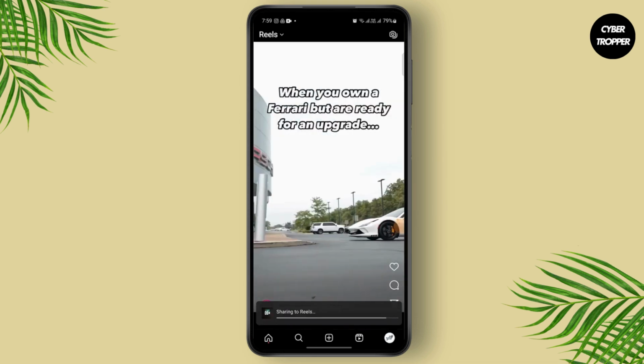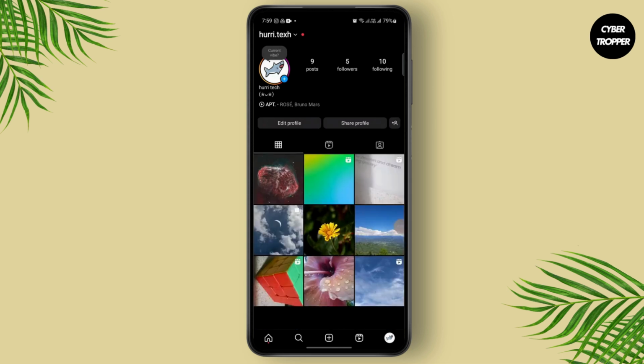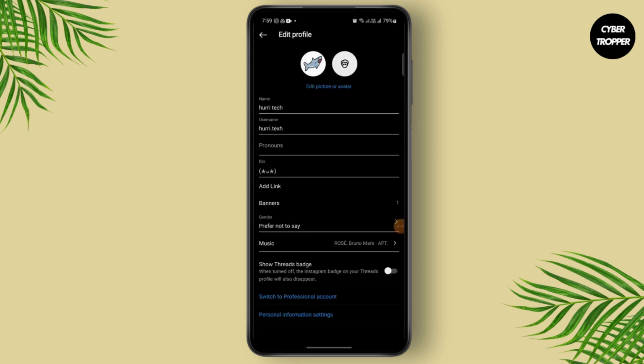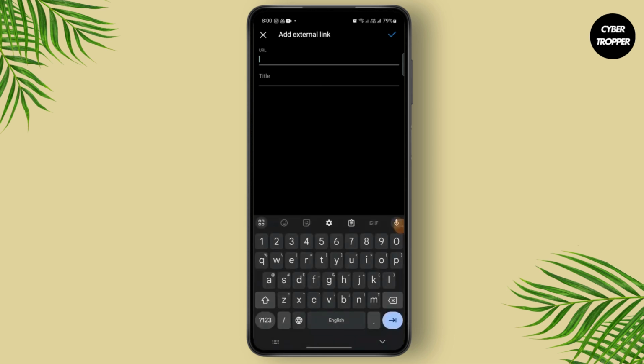Then all you have to do is head over to your profile and then edit your profile. Now all you have to do here is add link on your bio. You will see this option right here. You have an option to add external link. You can just type in your link,